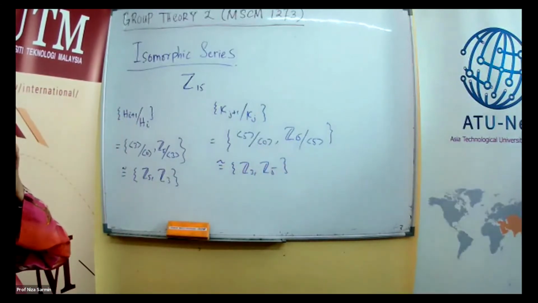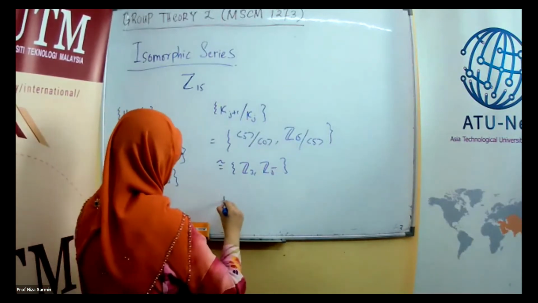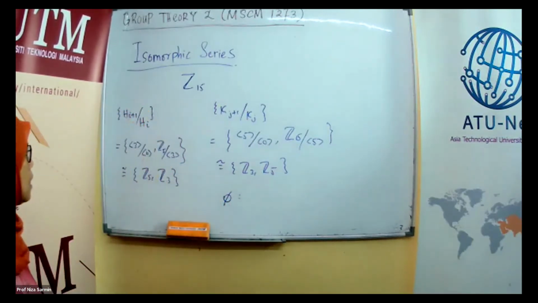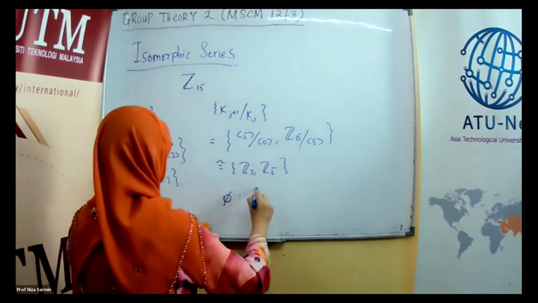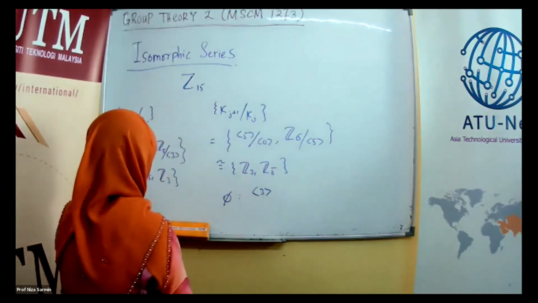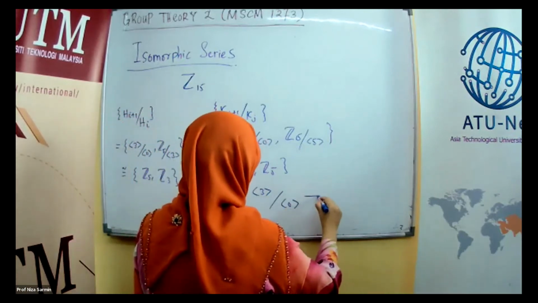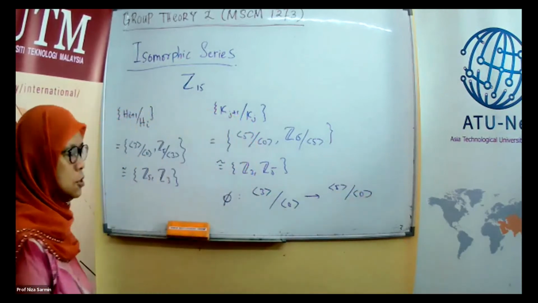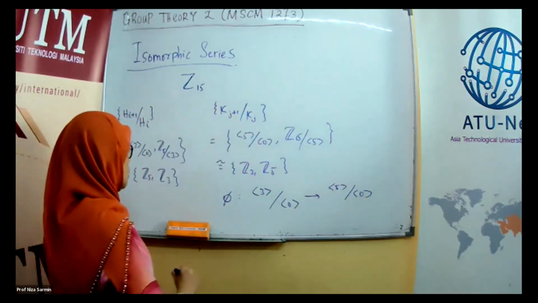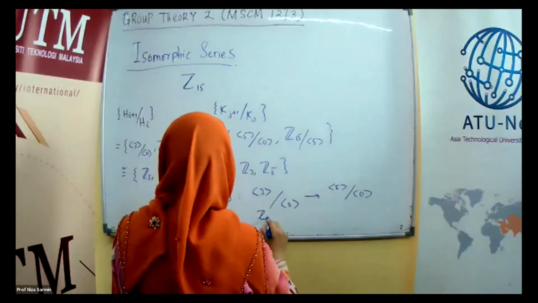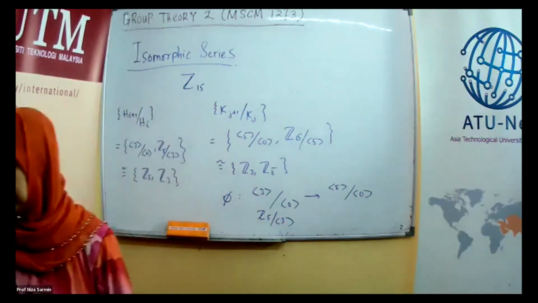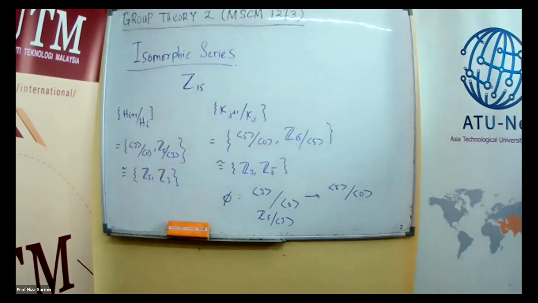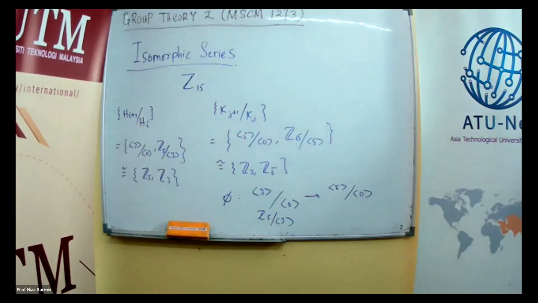Okay, so my isomorphism is mapping this to this, right? And mapping